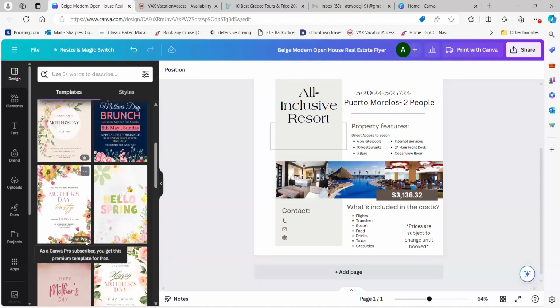With the little crown, if you pay for Canva Pro, you can use any of them. If it's got a crown on it and you have it on your flyer, then there's an additional cost. But if you're using it and maybe you only want to pay for one photo, I personally get my use out of Canva.